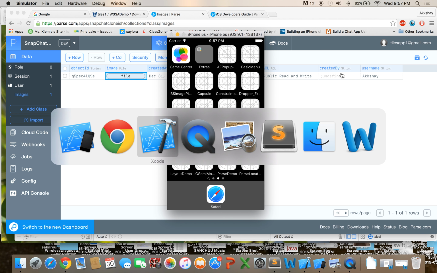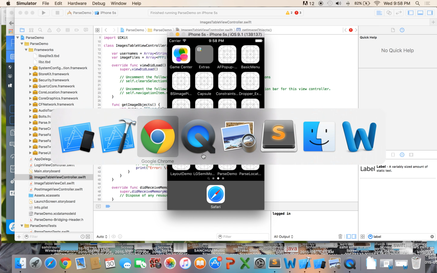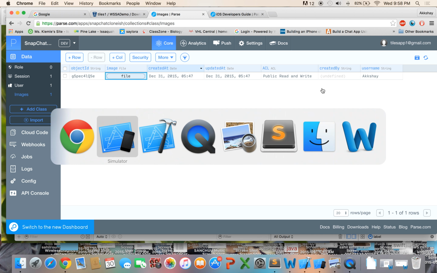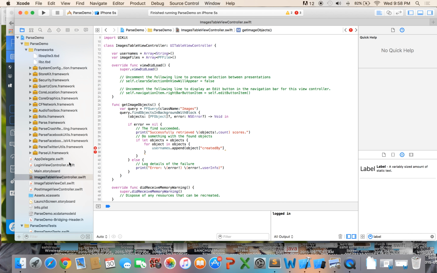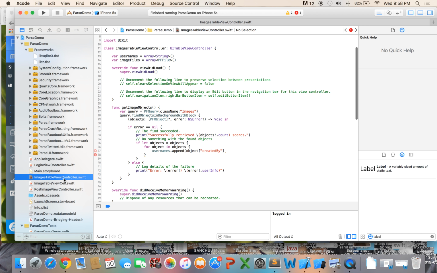and pardon me, looks like I've made a slight mistake. So let's go and fix that mistake first. You'll see that in the database right here, it says username is Akshay instead of createdBy is Akshay, and all that means is when we're storing the image in the database, we specified the wrong field. So if we go to post image view controller right here, instead of username, this should be createdBy. Okay. Now that we fixed that, let's go back here, and we're going to say usernames.append object createdBy, and